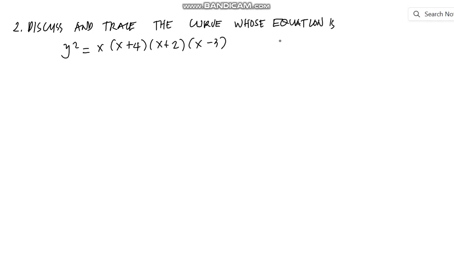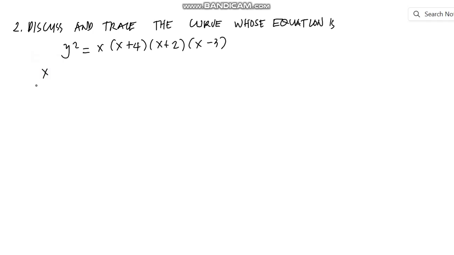We have here another problem for curves of type 3. We are asked to discuss and trace the curve whose equation is y squared is equal to x multiplied by x plus 4, x plus 2, and x minus 3. What we are going to do is, of course, to determine whether which part is positive and which